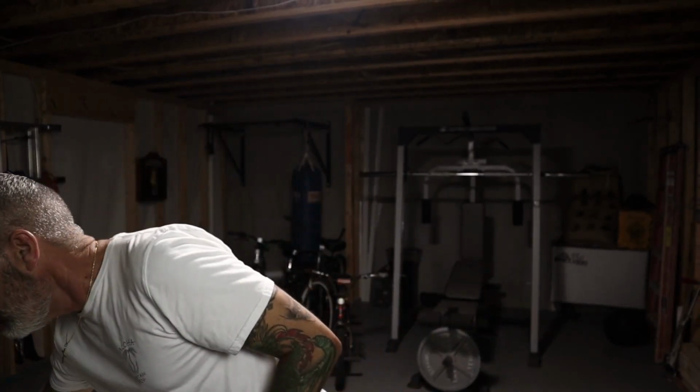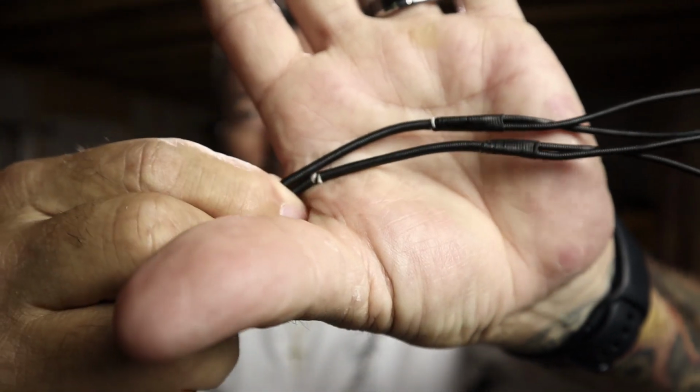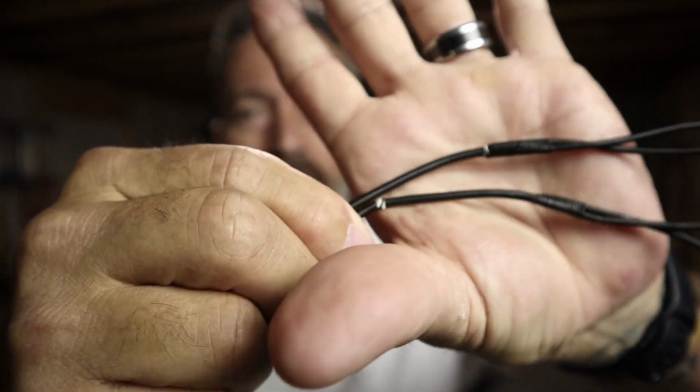Now today we are going to be making a new endless loop string for my AF Archery SciCai bow. Now the string that's on it currently is still safe. However, if you look here, the end servings are starting to separate and come apart there. No fraying, no damage to the string. It's just that end serving is starting to separate, and I feel like it's time to make a new string